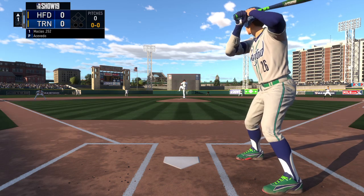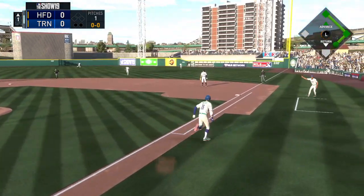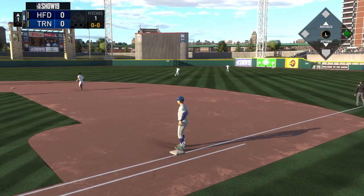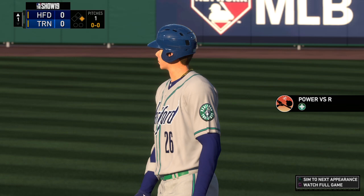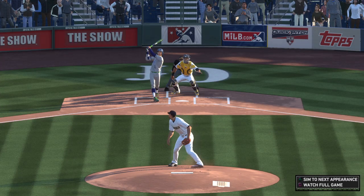The pitch. Pulled toward right center field. Casilla on the move, but he won't have a play. This is down and into the gap. Oh, nice shot right there. Hey, there's a bullet off the wall. The outfielder does a really good job of getting that one in quickly, but I think they had a play